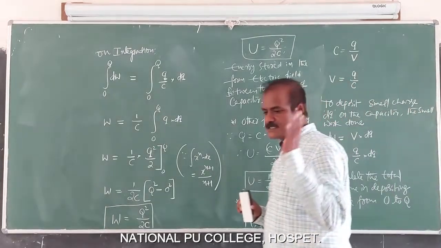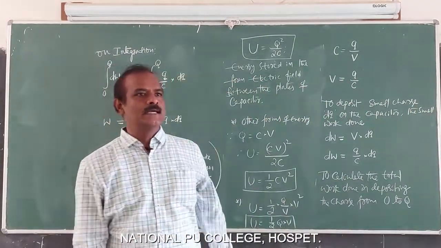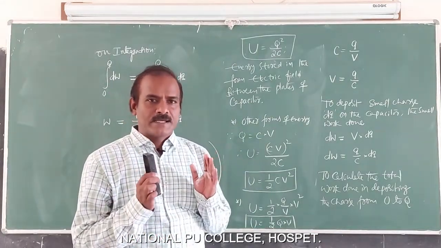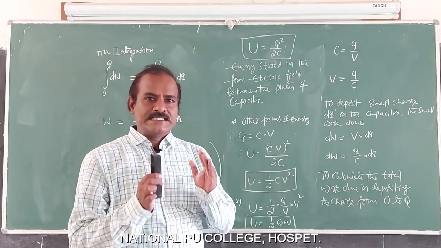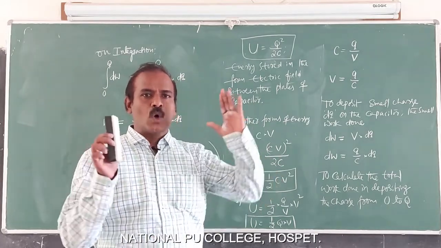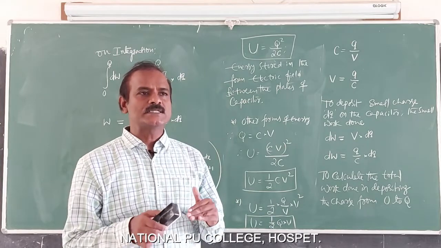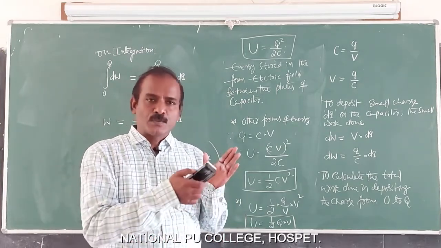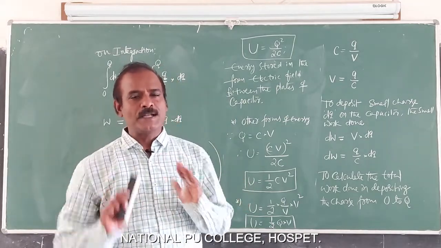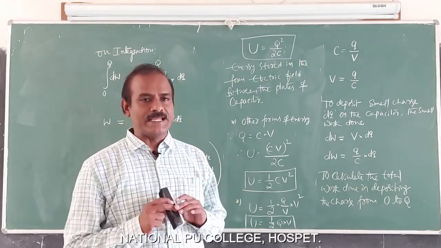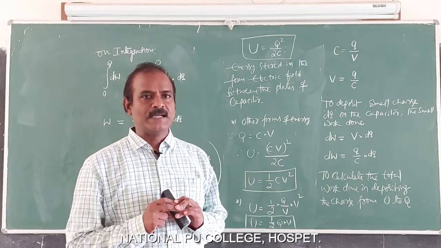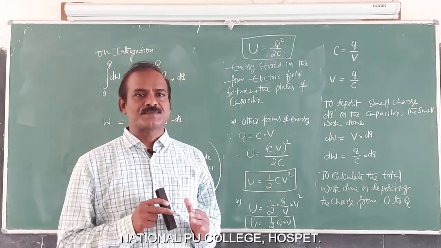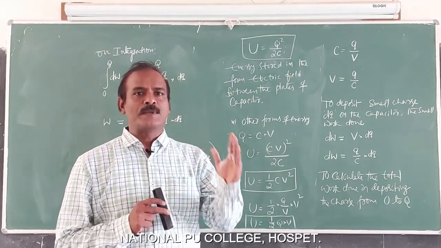So what is the mechanism followed in order to store electrical charge and hence electrical energy in a capacitor? The given capacitor is initially uncharged, and it is connected to a battery so that it gets charged. How does it get charged? The electrons are pulled from one plate and transferred to another plate via the external battery. That is the mechanism. In the process, the battery has done work in transferring electrons from one plate to the other plate.